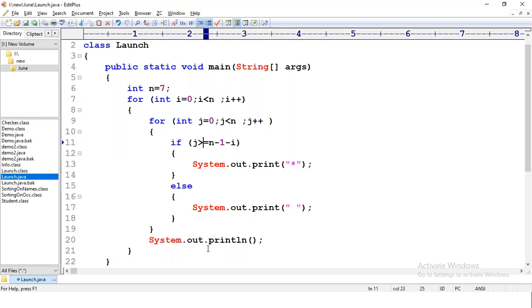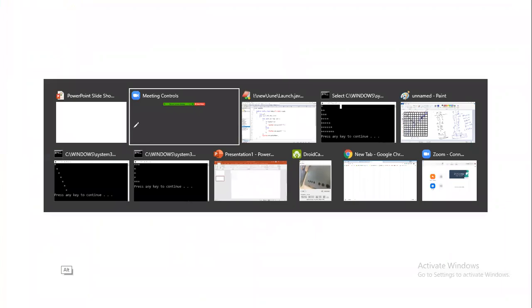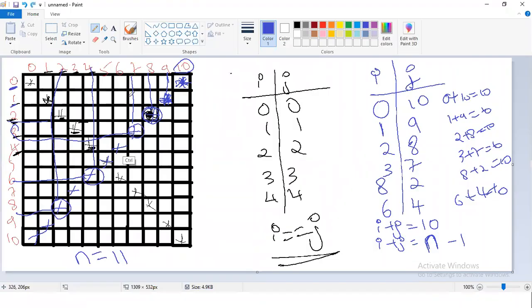Now we have understood the less than and greater than. Now we have to see the other lines of the star pattern. Let's explore the other lines of the star pattern. So I'll erase. Okay, these two lines are over, so I'll be deleting them.